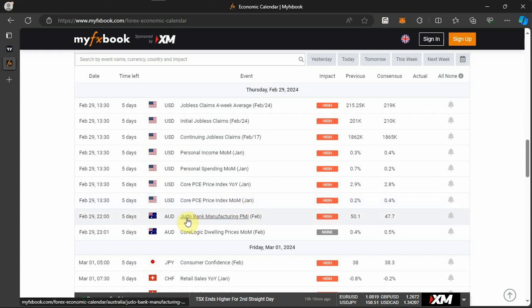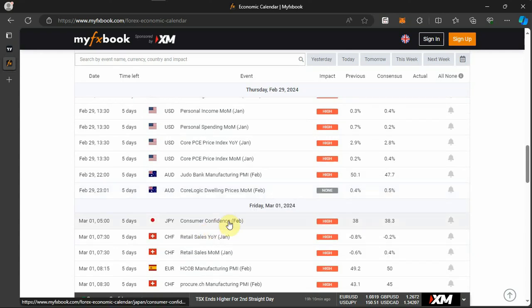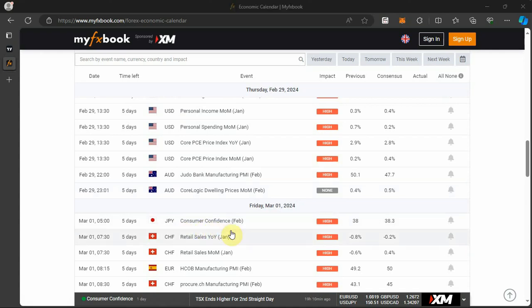We also have the Jodo Bank manufacturing PMI for the month of February for Australia. We have the core logic dwelling prices month over month for the month of February for Australia. I mean, this has no impact, so just forget about it. Then on Friday, the 1st of March 2024, we have the consumer confidence for